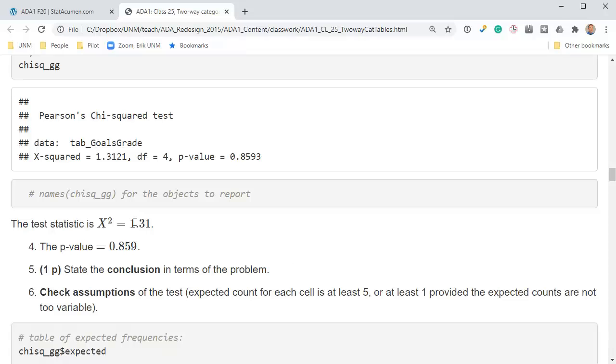So our statistic is 1.31 with a p-value of 0.86, and I give you a point for stating the conclusion in terms of the problem. So you want to say that you either reject or fail to reject the null hypothesis based on the p-value's relationship to alpha, and then you want to say what that means, right? If you rejected the null,